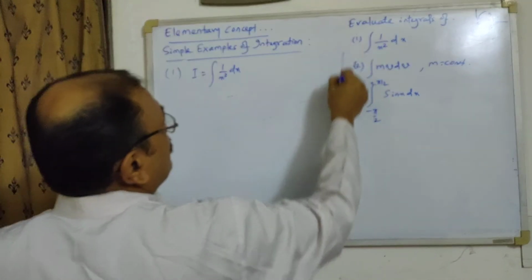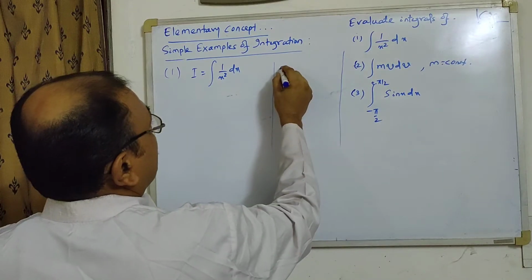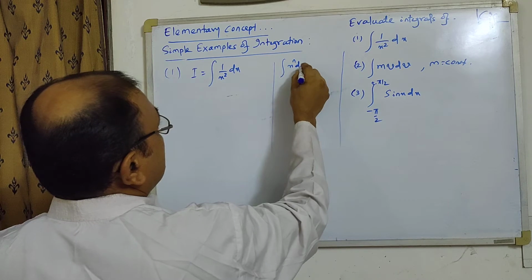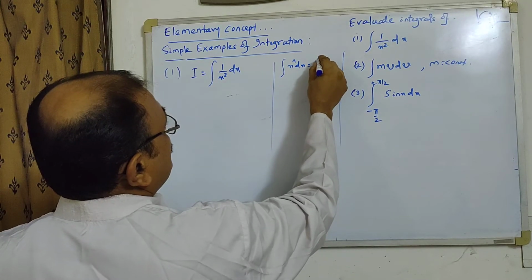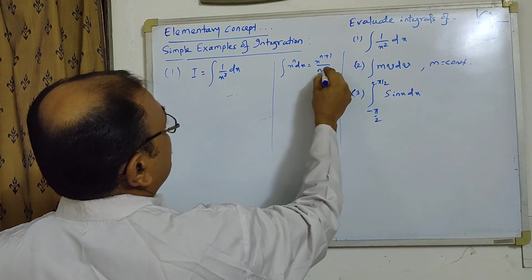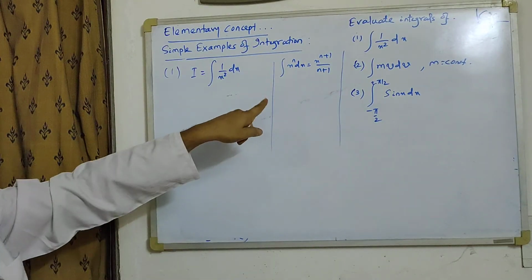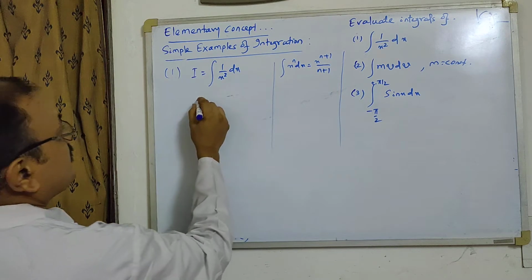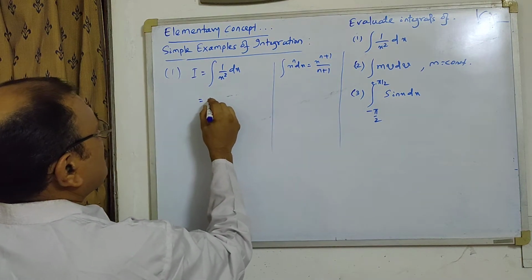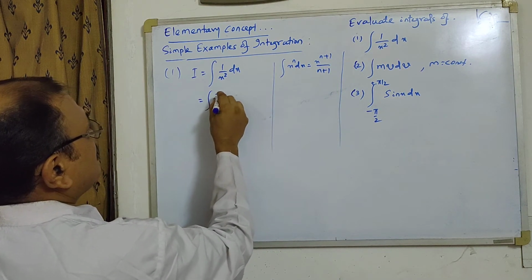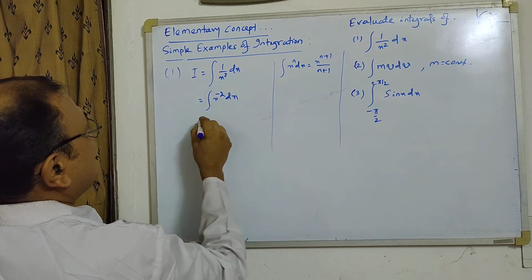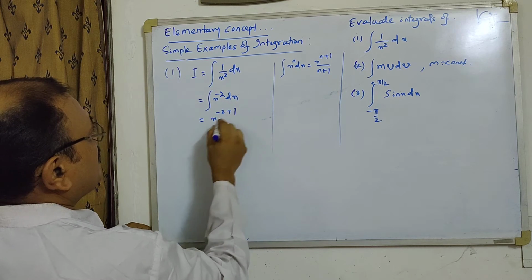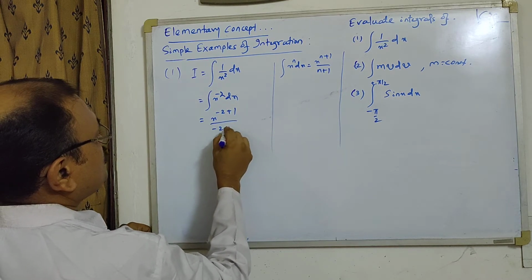As you know, the integral of x to the power n dx, what is the formula? That is x to the power n plus 1 by n plus 1. Of course, n doesn't take a value of minus 1, and here our n is how much? It is certainly not minus 1, so we can write it as x to the power minus 2 dx, and n being minus 2, we can write it minus 2 plus 1 by, in the denominator, minus 2 plus 1